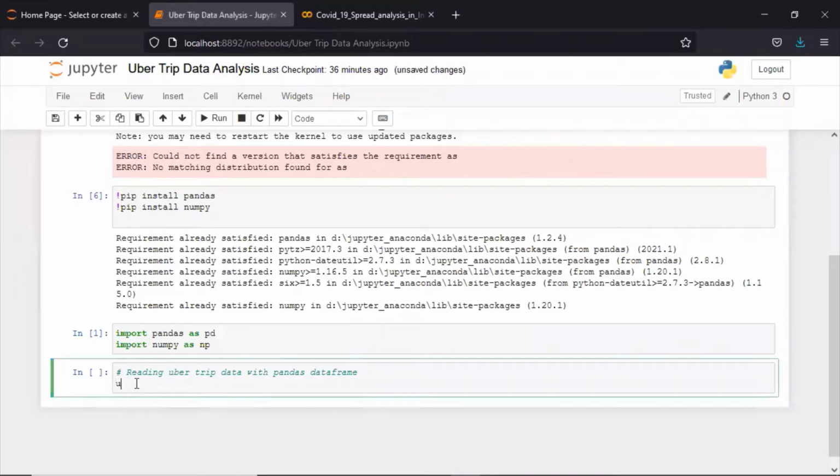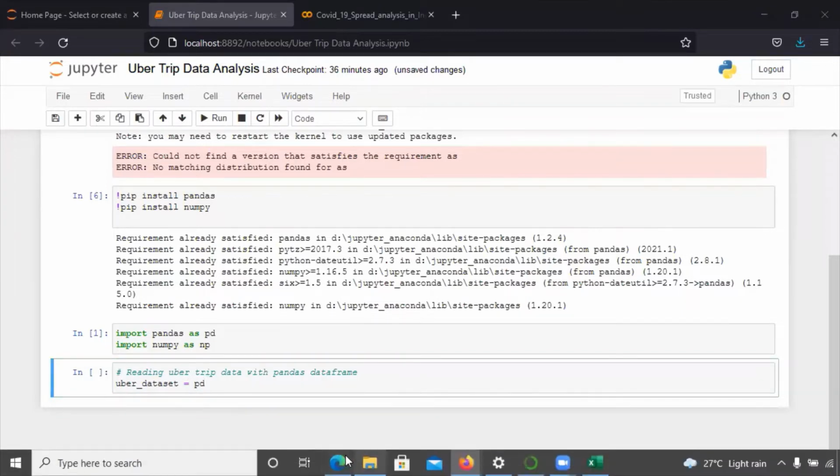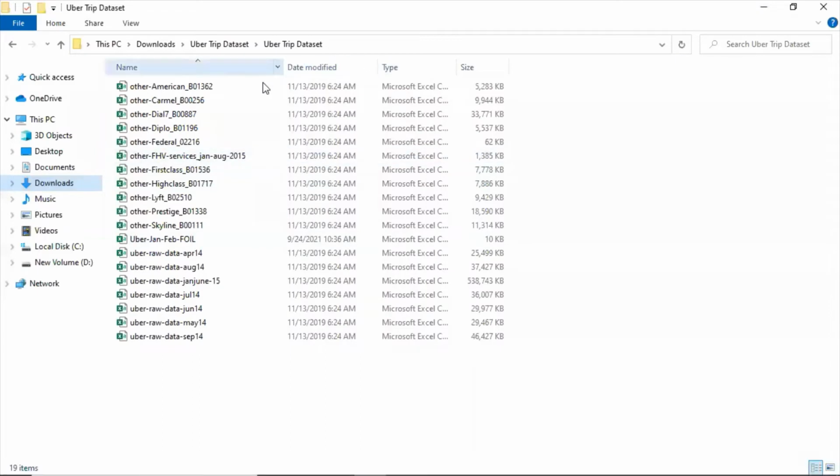In order to read a data set, we create a variable here, uber data set, and I'm going to read data which is in CSV format. Let me show you my data set. This is my data set, which is in Excel format but is actually CSV values, comma separated values.